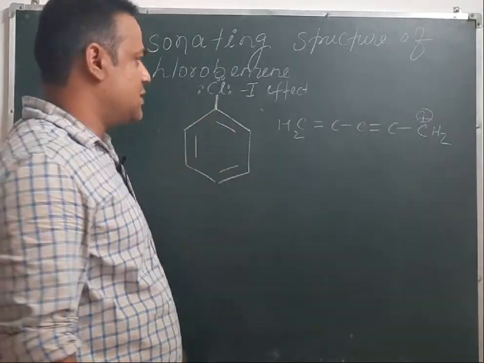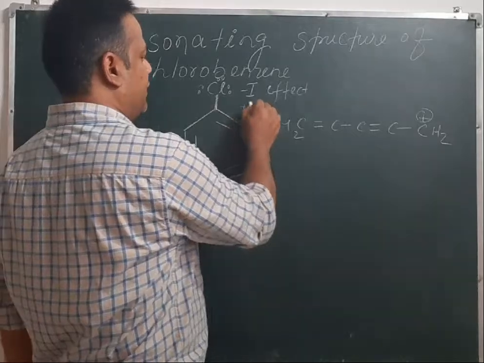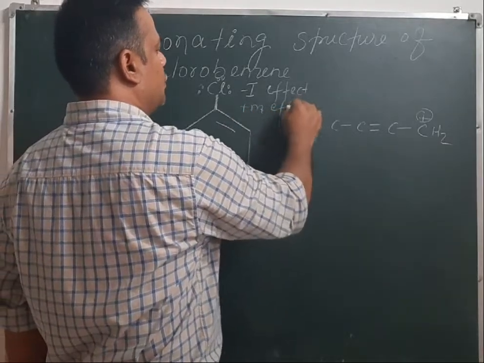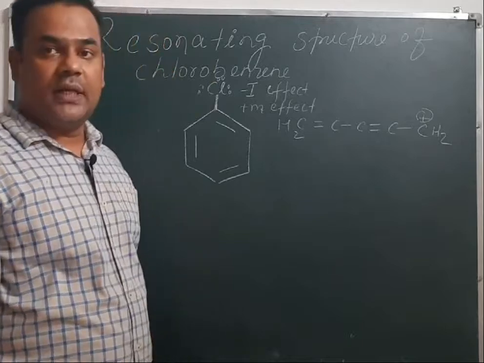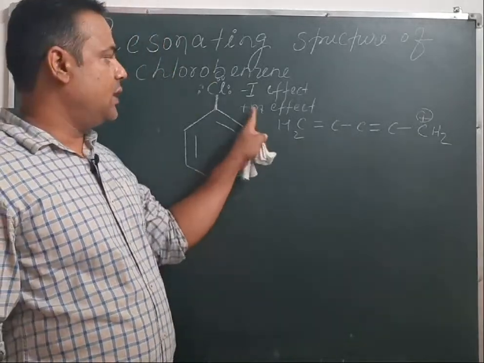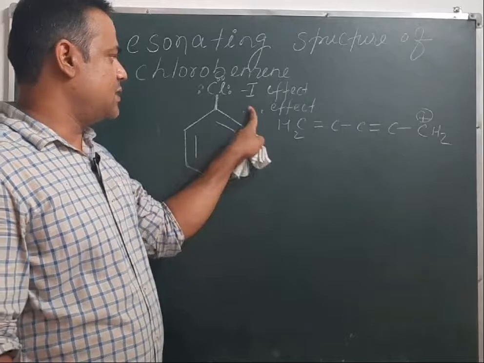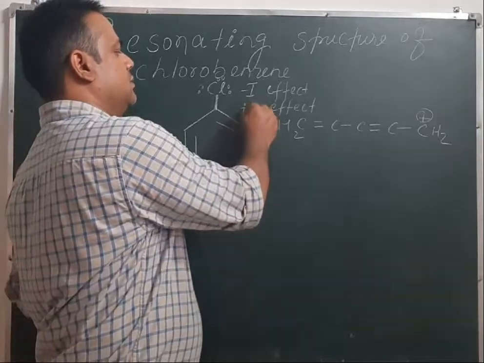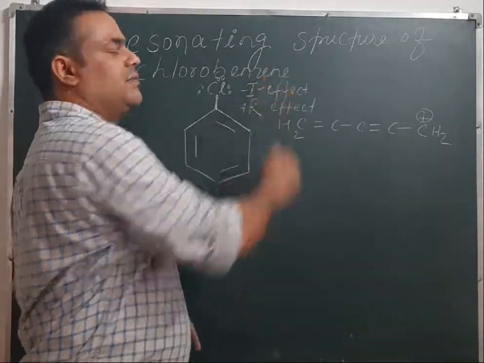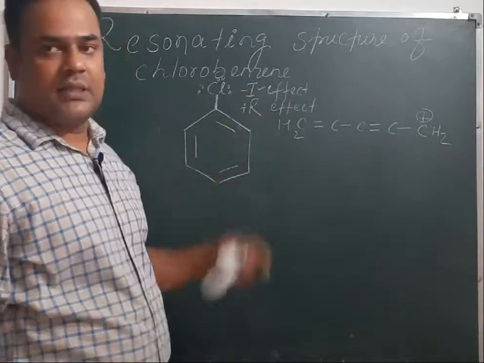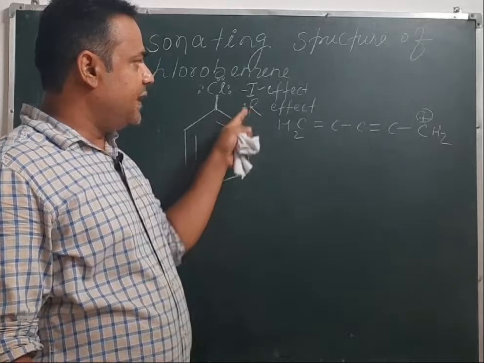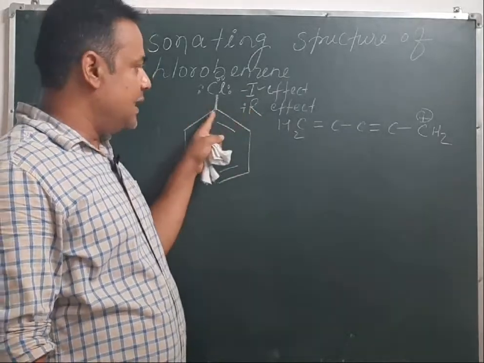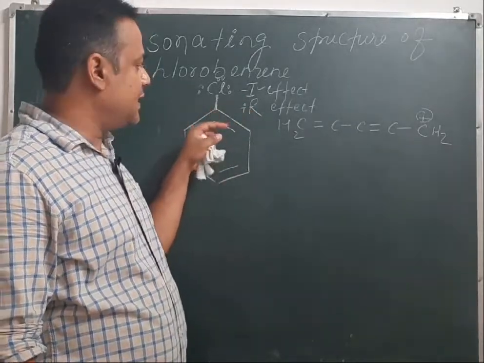Electron is going inside the ring, that is +M effect. So +M effect or +R effect, resonance effect. So both effects are shown here. You may say resonance effect, +R effect, as well as -I effect, or you may also say +M effect or mesomeric effect. Both effects are shown here, but here if we see this inductive effect,